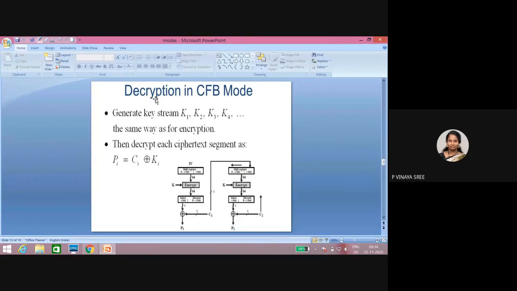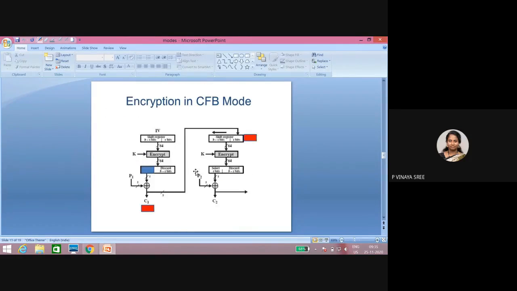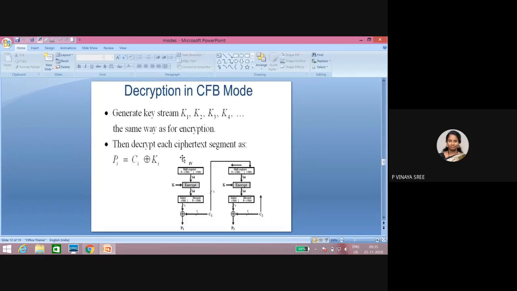See here, this is the decryption process. So what we are doing, we are taking the initialization vector, the same initialization vector that we used at the sender side, and we are encrypting that with the key, so that we get new 64 bits.